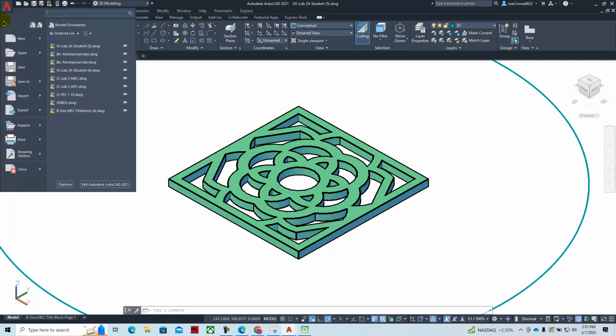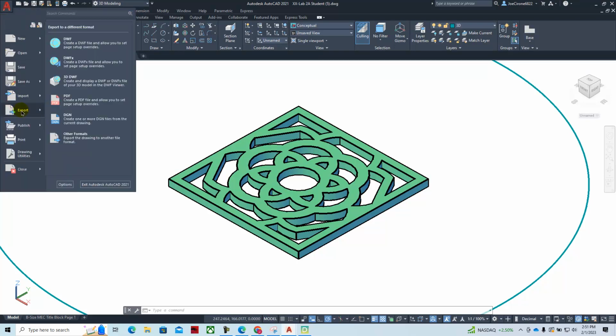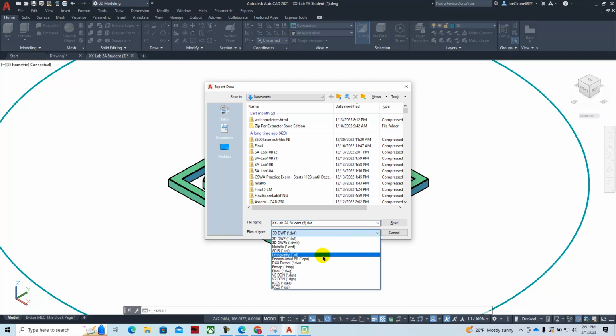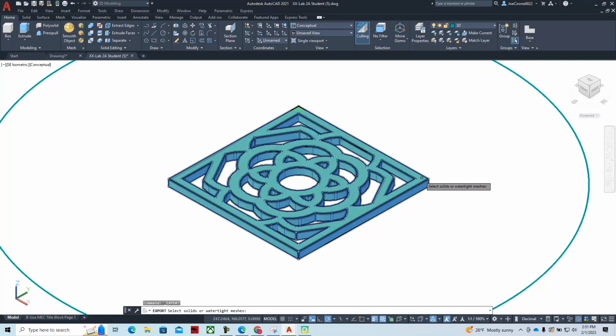So we'll go to the big red A, we'll choose export, other file formats, and I'm just going to put this in my downloads. I'm going to change this to an STL file, standard triangle language, and then I'm going to update the name of the file to my initials, and I can get rid of this other business here. It will add the STL suffix to that, and I'll hit save,